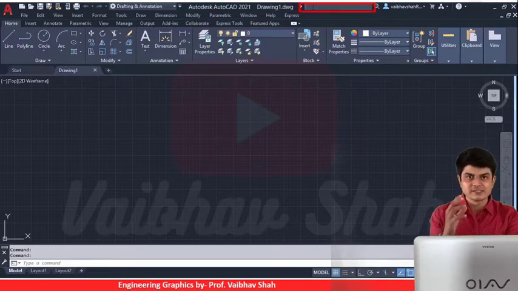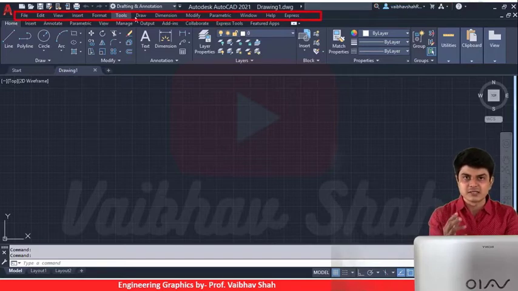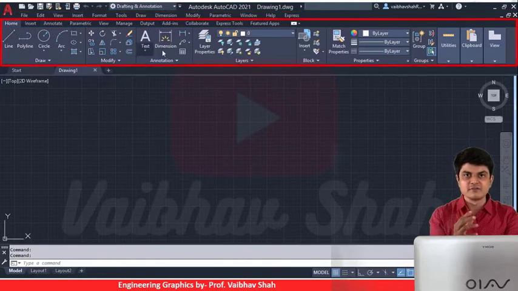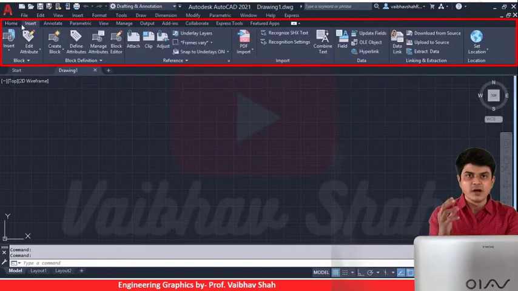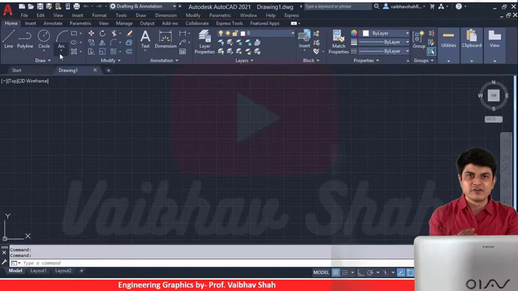On the right hand side, you can see this is a search tab. You can search any keyword of AutoCAD. On the right, I have my login details. This is nothing but your menu bar. You can select any of the options from your menu bar. Below the menu bar, you have a ribbon section. You will have different ribbons in your tabs. You can press different titles and get different ribbons.